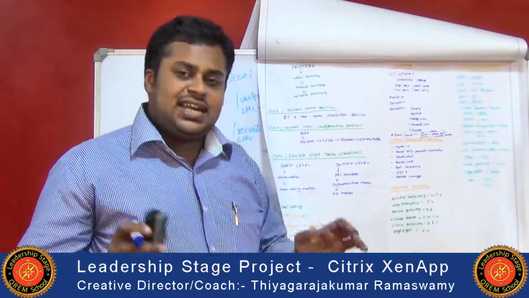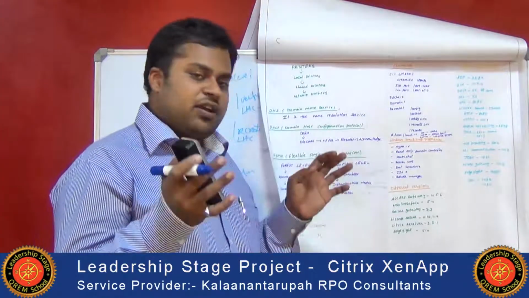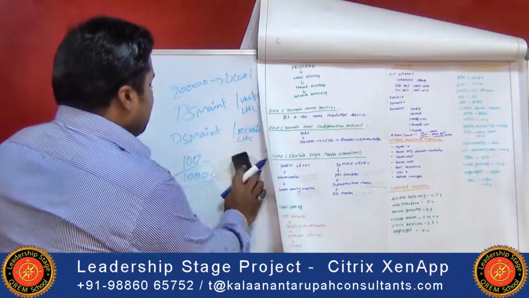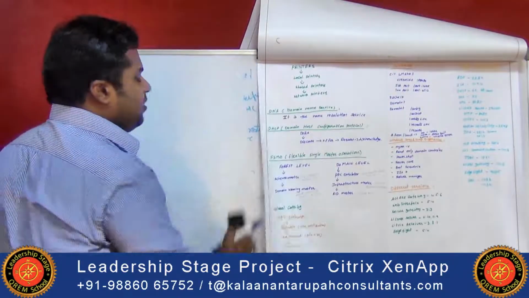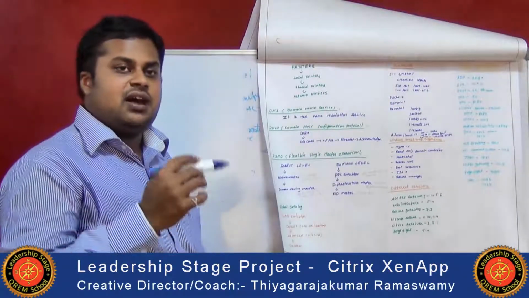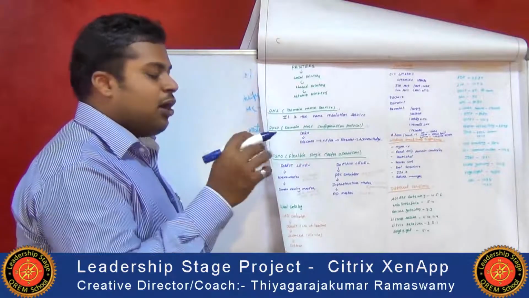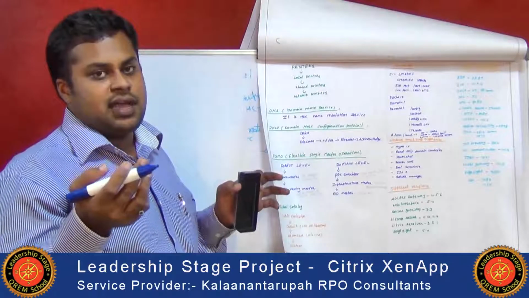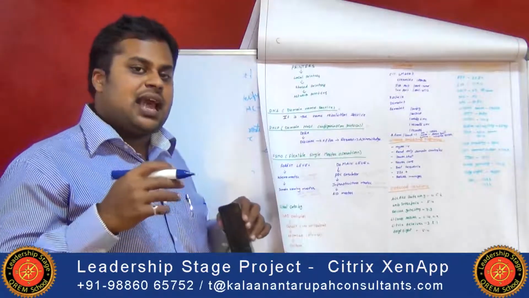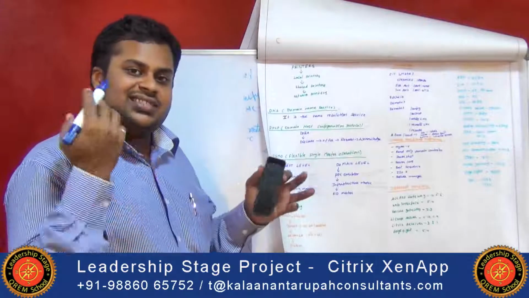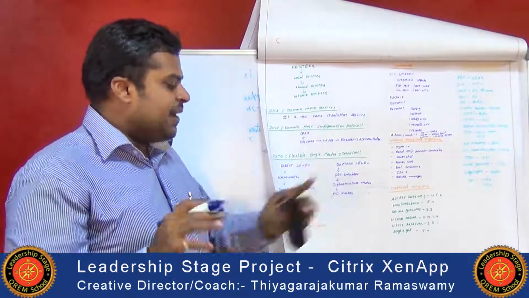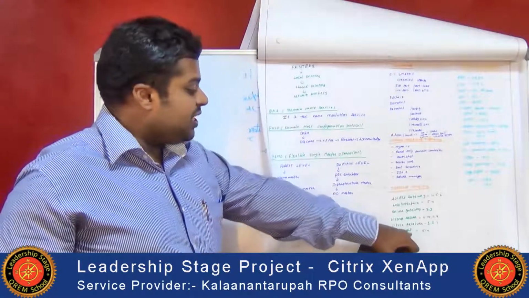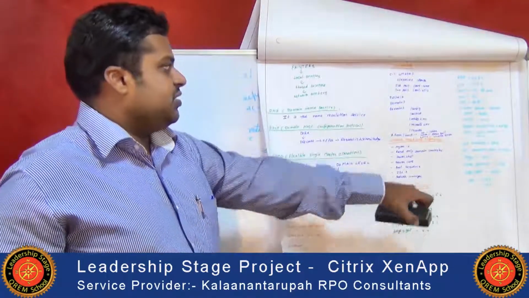EdgeSight. This EdgeSight automatically takes all the information. By using this EdgeSight, we take all the information about the application access. By using this EdgeSight, we gather all the information, put it in one chart, and submit that automatically. If there is any problem in accessing applications, by default it raises tickets or sends mail to the administrator by using this EdgeSight. We have to use the 5.4 versions in the organizations.